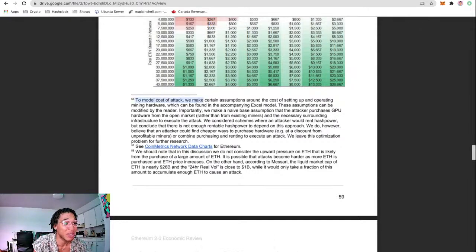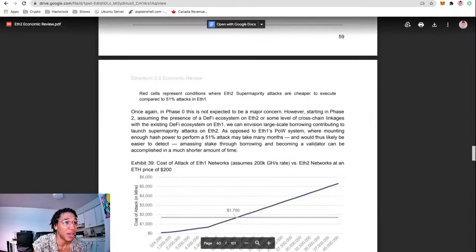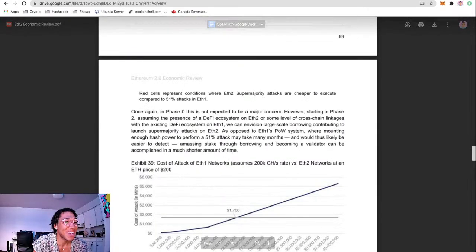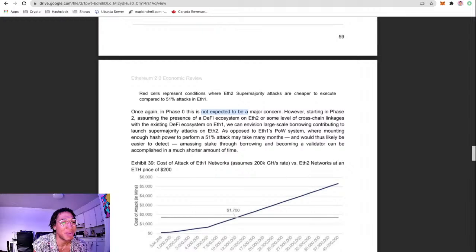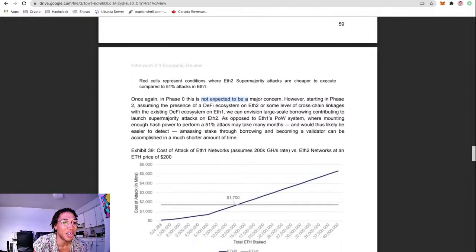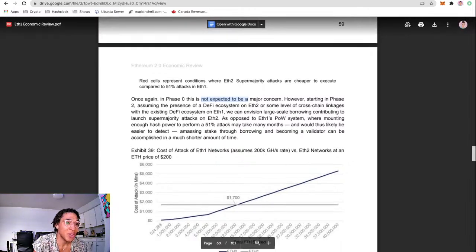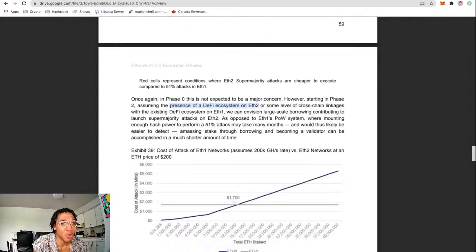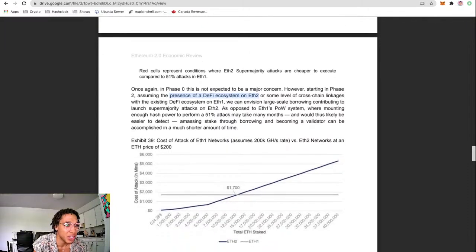To model cost of attack, okay, no, we're not reading through that. Once again, in phase 0, this is not expected to be a major concern. However, starting in phase 2, assuming the presence of a DeFi ecosystem on ETH2 or some level of cross-chain linkages with the existing DeFi ecosystem on ETH1,